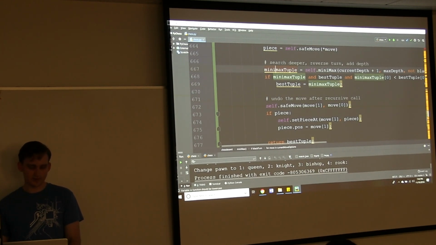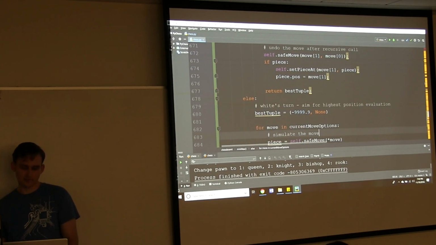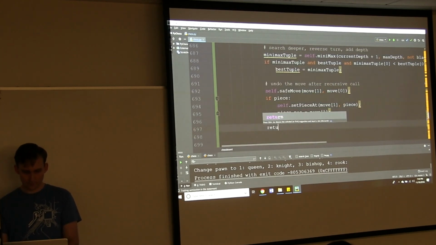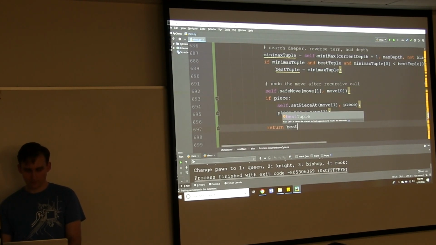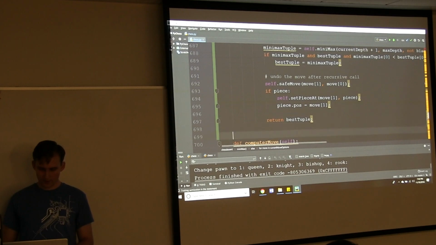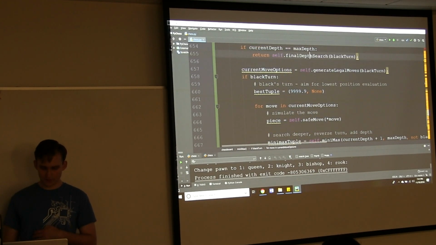Minimax tuple has the evaluation in the first slot. So that's what we're doing when we're only looking at this first index, comparing the best tuple. So we are carrying the moves back up the stack. Best tuple. Just the same thing there. And I think that actually completes our Minimax function.